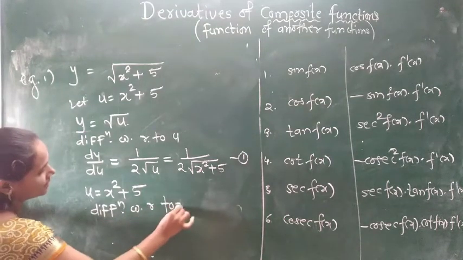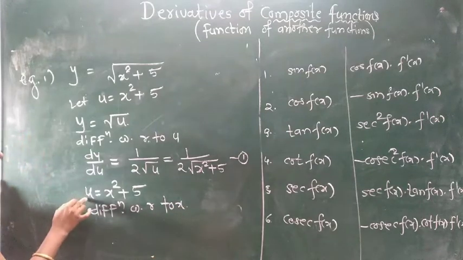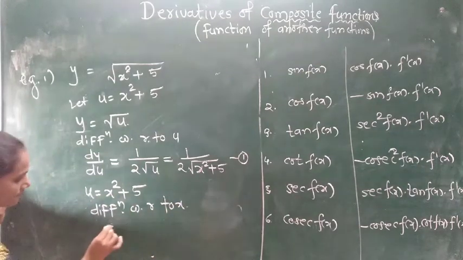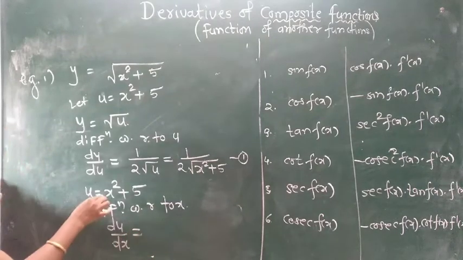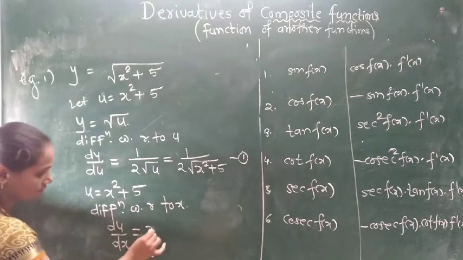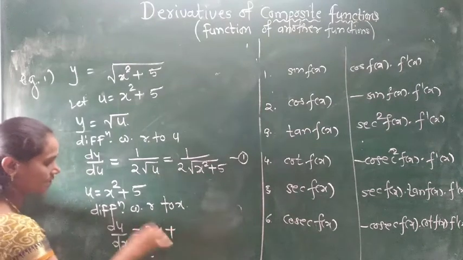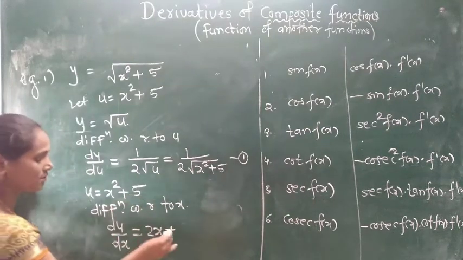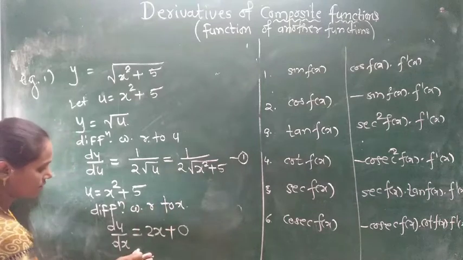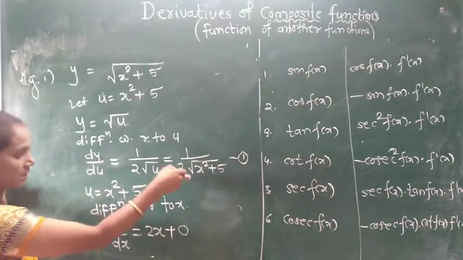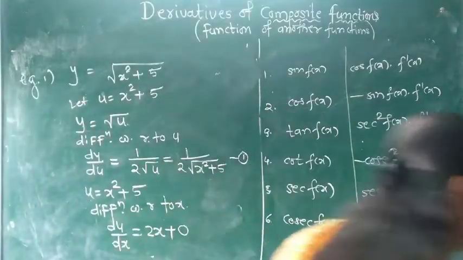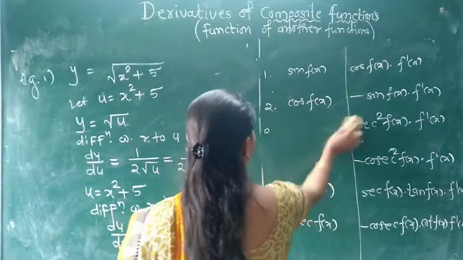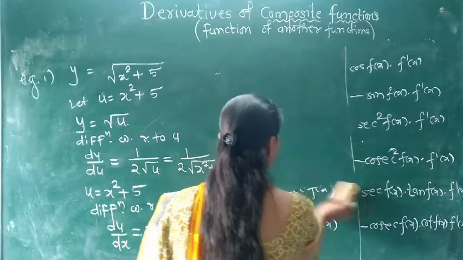Differentiate with respect to x. So the derivative of u with respect to x is du upon dx, and the derivative of x square is 2x, plus the derivative of 5 is 0 since it is constant. So we get dy upon du and du upon dx. So by the composite function theorem, or by chain rule,